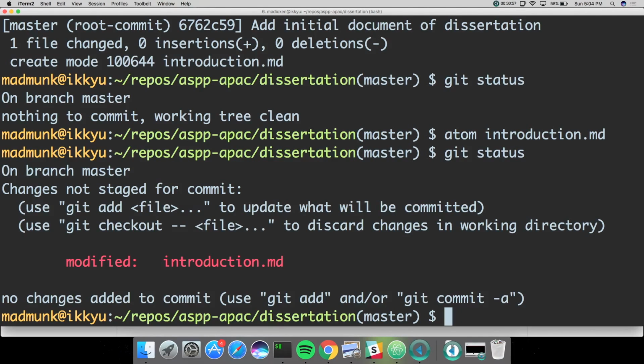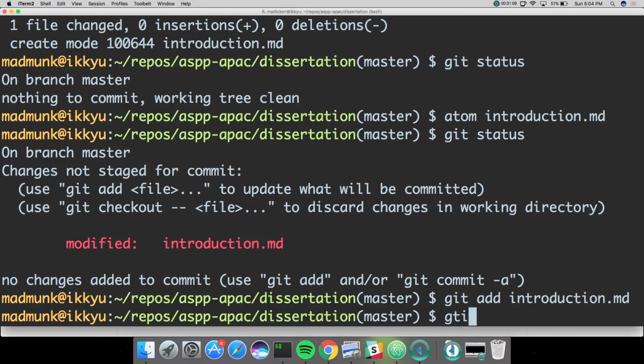So we can add this just like we did before, moving it into the staging area. We move files into the staging area the same way whether they're untracked or have been modified. So we're going to git add introduction.markdown, and then we can say git commit, and we can say either minus minus message, or we can say -m, which means I'm going to commit with a short message on the command line, and I'm not going to enter into my Atom text editor. And so git commit -m is much faster, especially if you don't need a longer commit message. So I'm going to say